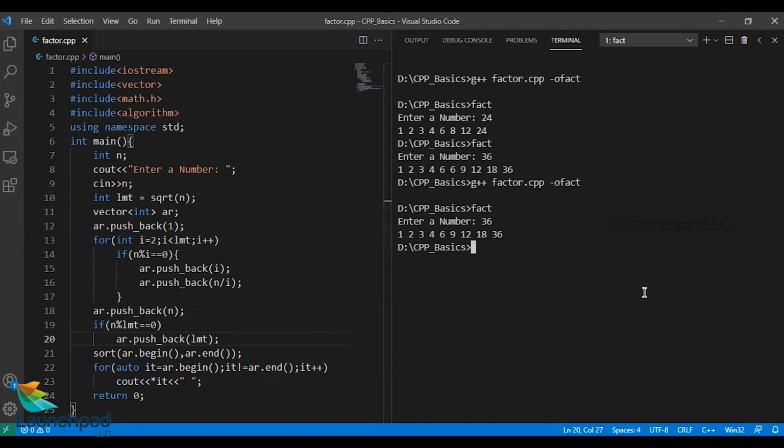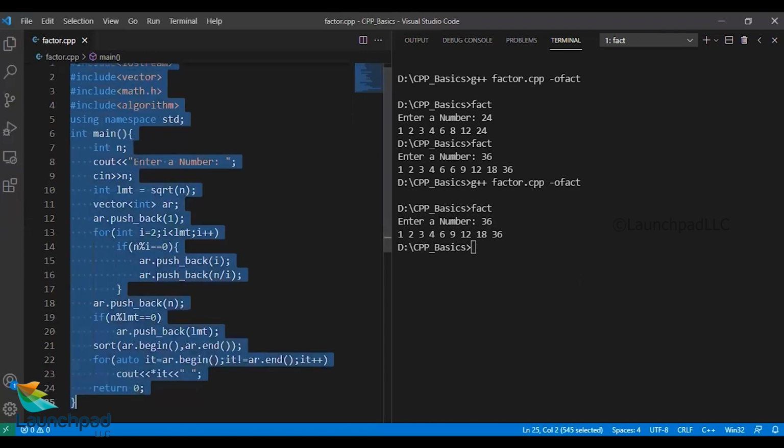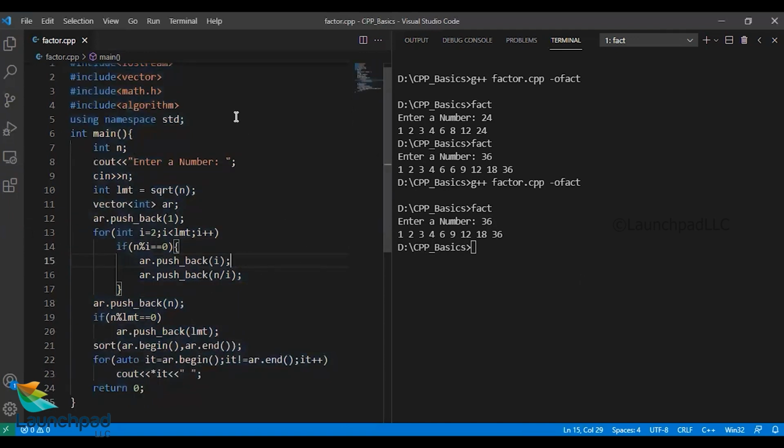Else, I can use some other data structure, something like a linked list or a hash, or a set maybe, which does not store any duplicate elements. So this is the optimal solution which we can provide for finding the factors of a given number, and we have done it with the help of the square root functionality. And this way of writing code with a complexity of square root of n is considered a primality testing part, which is one of the common components of testing phases as well as time complexity programs. Thank you.